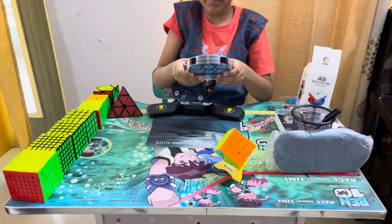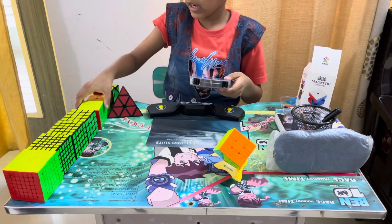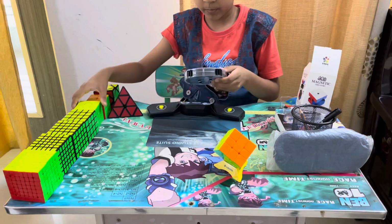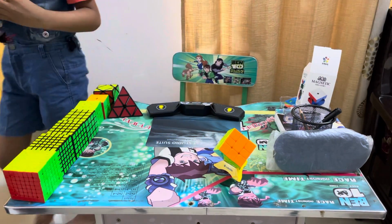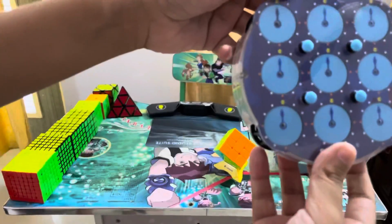It is an easy puzzle that you can solve without learning 3x3. It has been perfectly solved and all the clocks are on 12